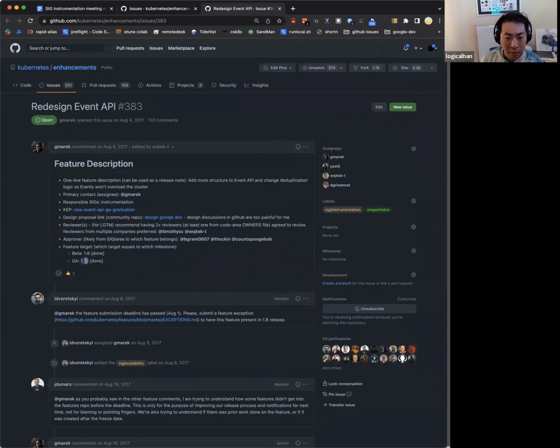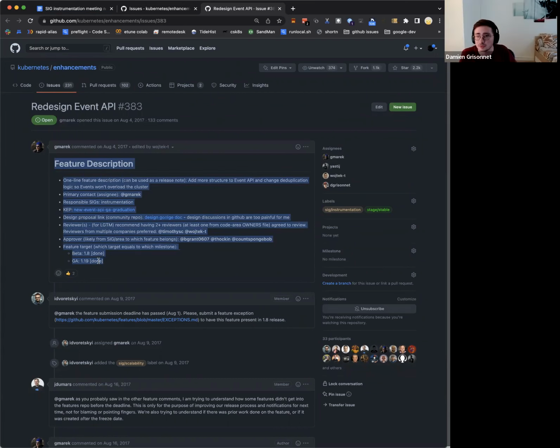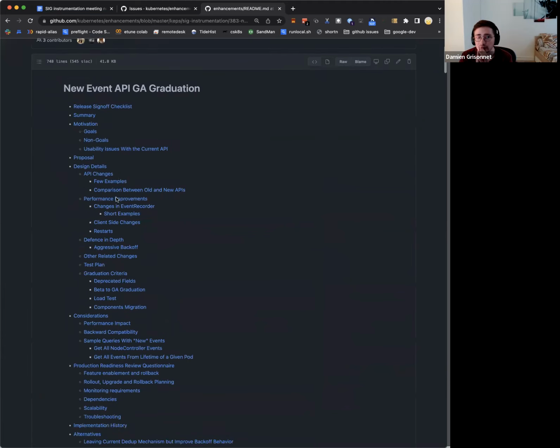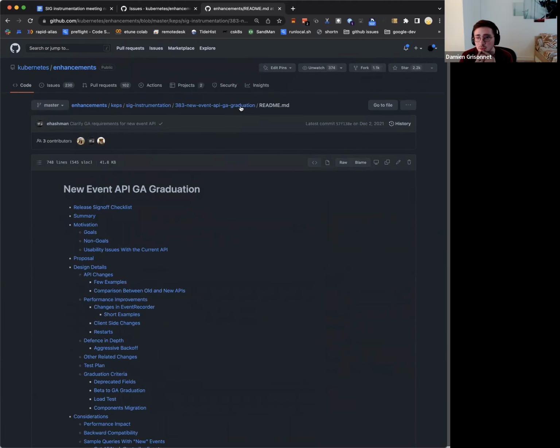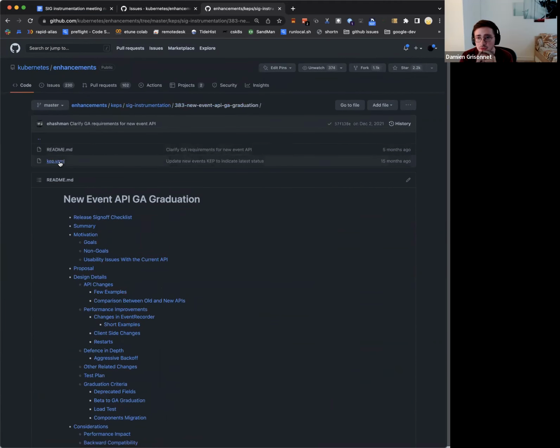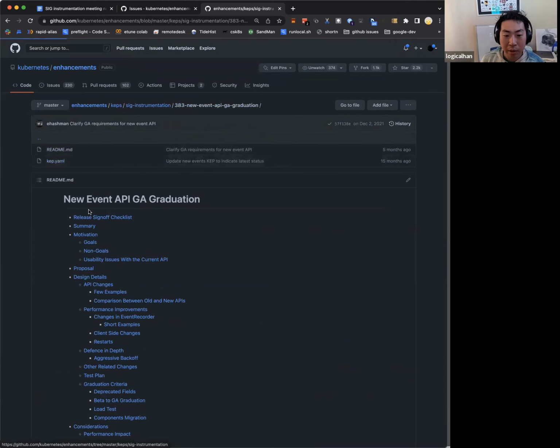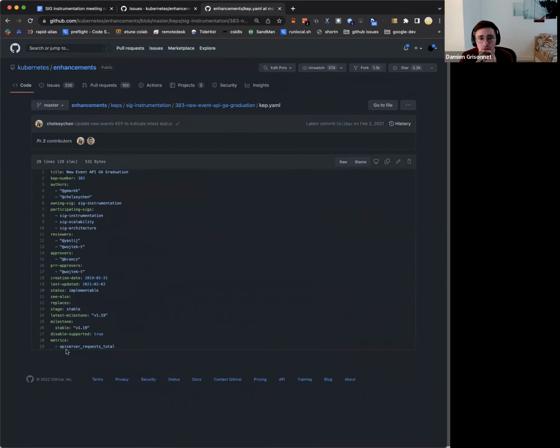Yeah, but I think there was still some stuff to do. Because the new events API is better, no? To me, the new events API is better. And it's only used by one component in the whole code base. It's not migrated yet. Is that what you're saying? Yeah. I mean, it says stable.